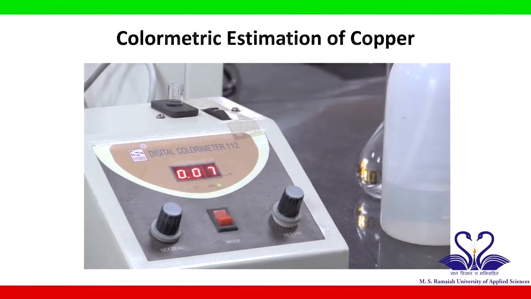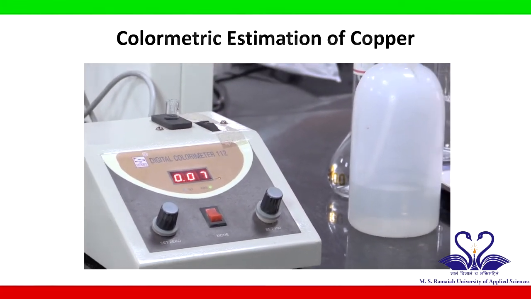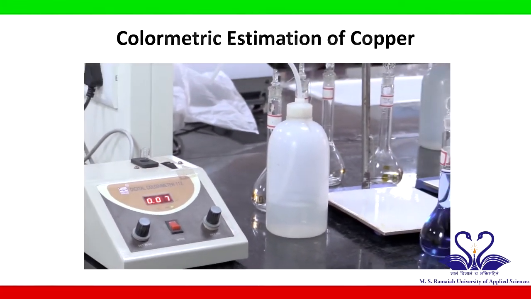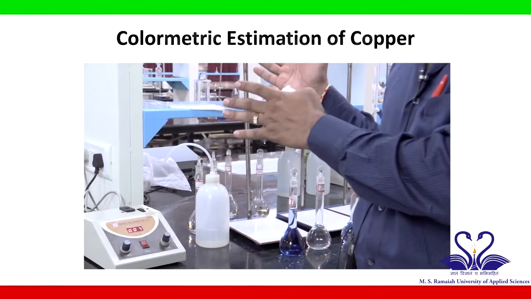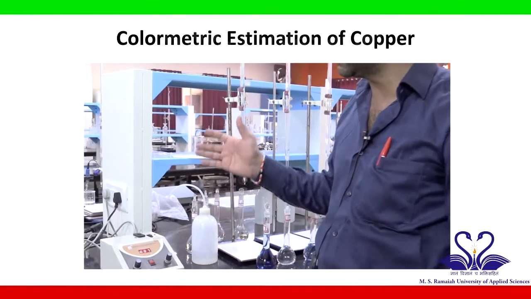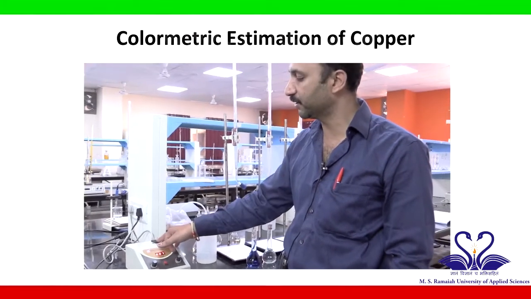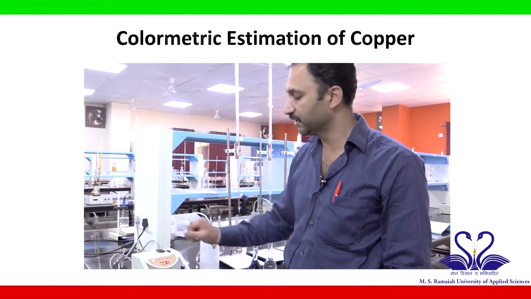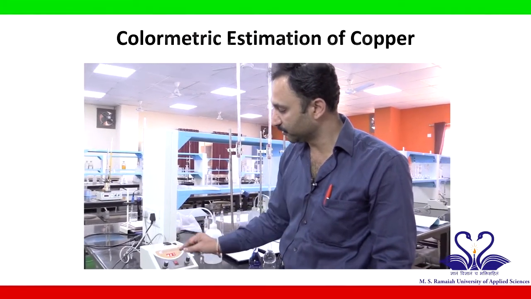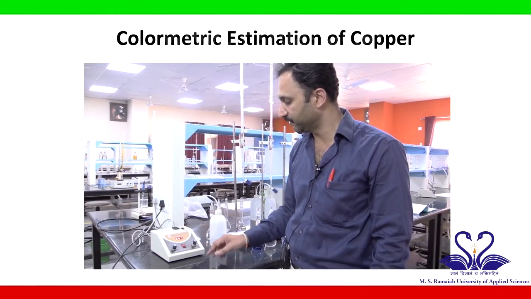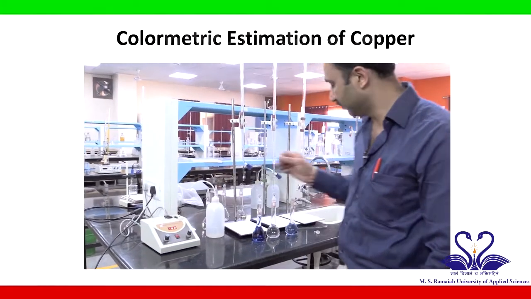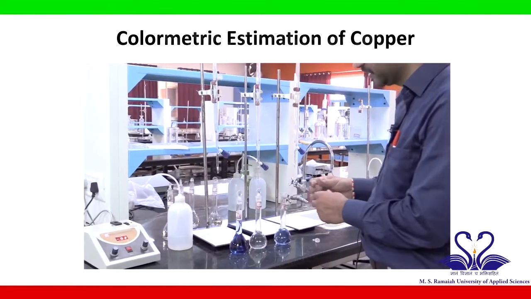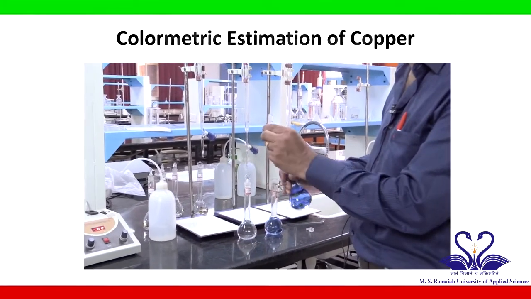So, 5 ml means it is a standard solution. They have dissolved some quantity, it is a standard solution. The concentration of the standard solution given to you will be provided. Based on that, you can calculate the amount of copper present in this 5 ml. So, now note down the absorbance. For 5 ml you can note it down as 0.07. Next, we have to discard this solution and take the next standard solution,